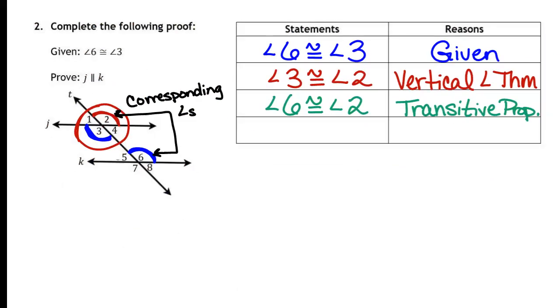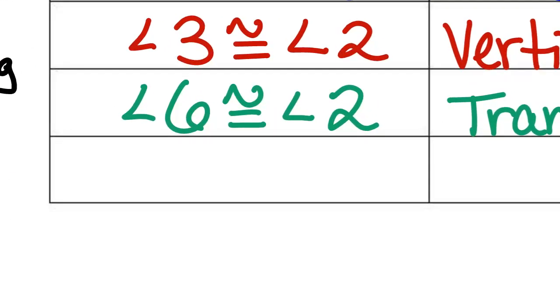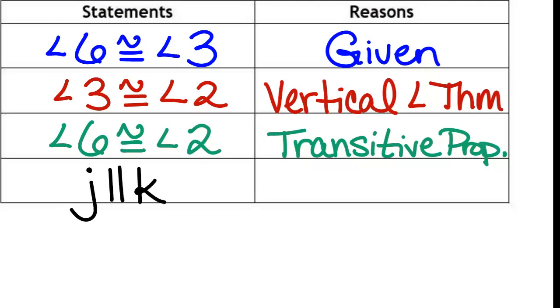So if those corresponding angles are congruent, what does that mean about lines J and K? That's my reason for it, but what can I say about line J and line K? They are parallel. Line J is parallel to line K, and the reason I'm allowed to say that is my